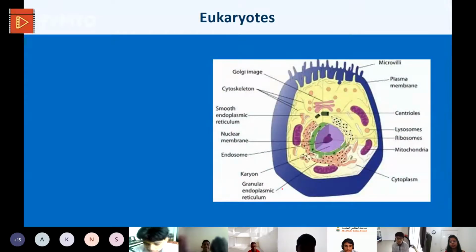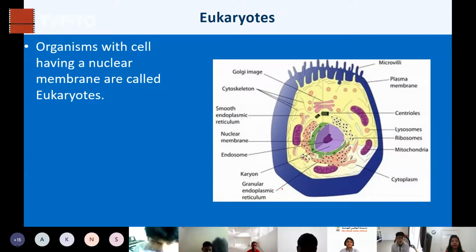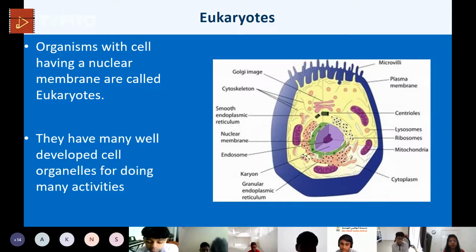Okay, now whose cell is this? An animal cell. It is the animal cell. Is it our cell? Yes, ma'am. So my dear animal, this is our cell, and it has all the cellular organelles and a proper nucleus. Proper nucleus means a membrane-bound nucleus containing a nucleolus. This cell is called eukaryote because it has a proper nucleus and a lot of cell organelles. So this is a eukaryotic cell.